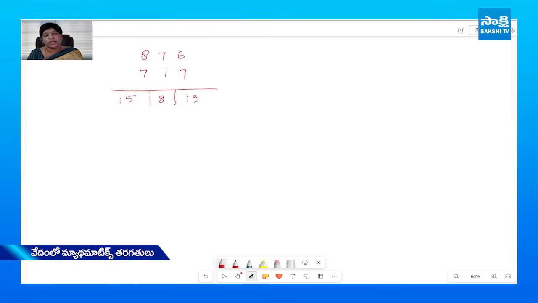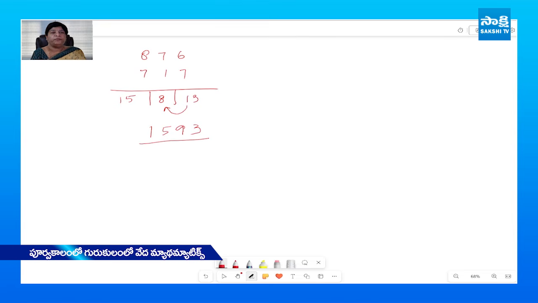Again, the extra digits I'm going to carry forward to the next level. I retain a 3 from the units place. The extra digit will be carried forward and added to the tens place value, which is 8 plus 1 gives me a 9. Again, 5 and 1 will be retained as is. Okay, so let's see another example.